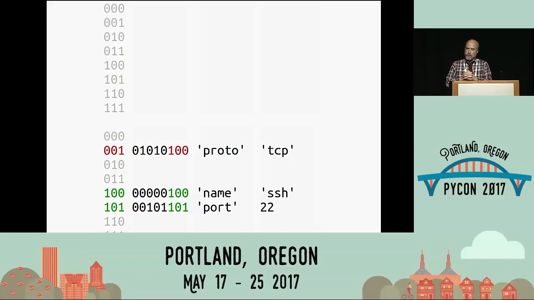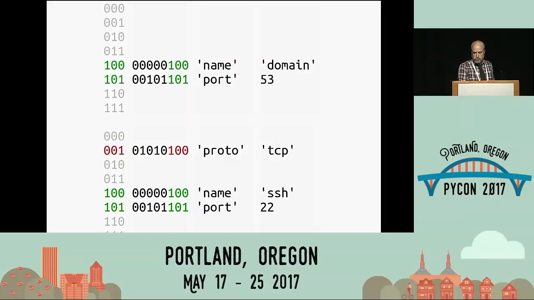Imagine now that you have your second object of this type. You store name. You store port. Proto comes in, collides, and has to move to its separate slot. Someone named Mark Shannon looked at this picture and said, wow, over there on the left-hand side, the first column and the second column are absolutely identical.